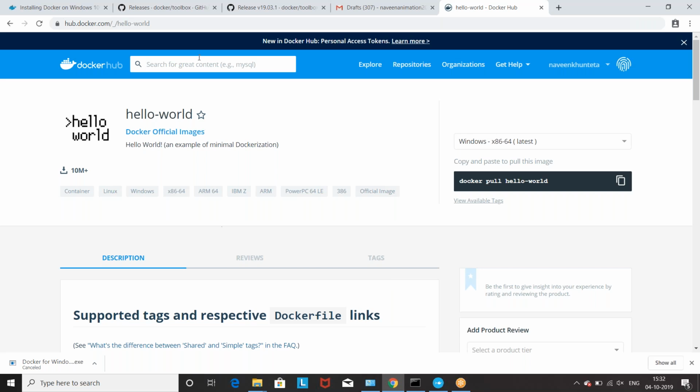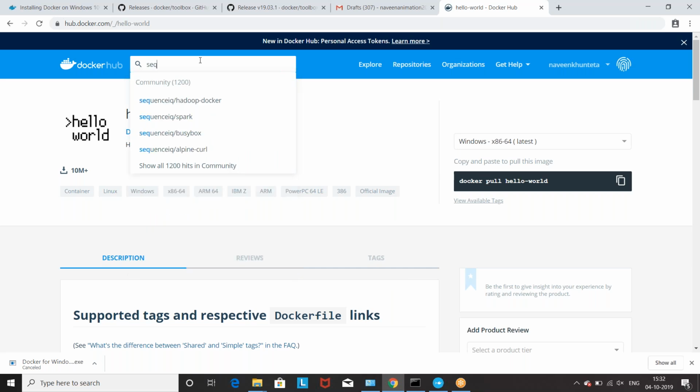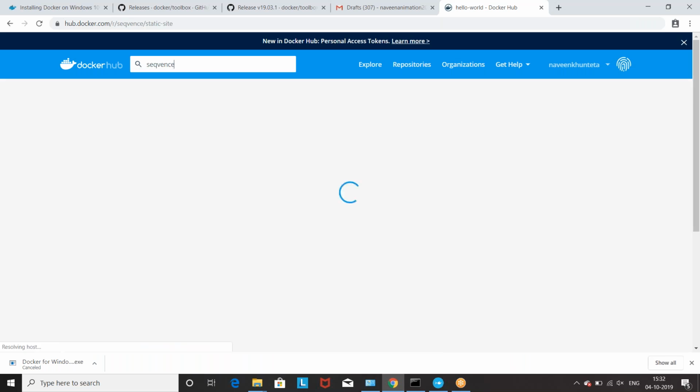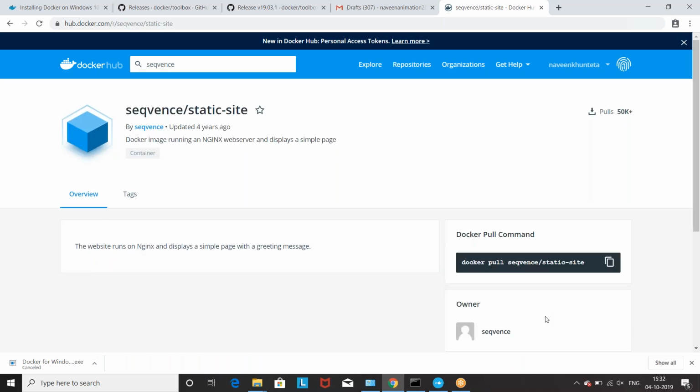Yeah, so you just try one thing over here. One application is there, that is sequence, okay, static site. Yeah, this particular container, guys, you just try to pull, you just copy this particular docker pull